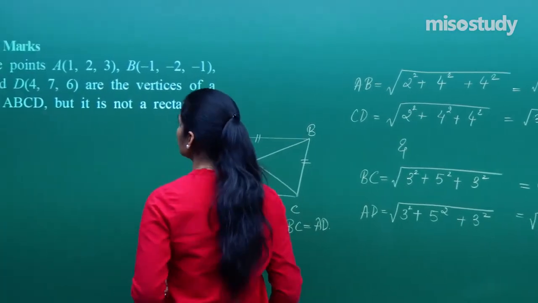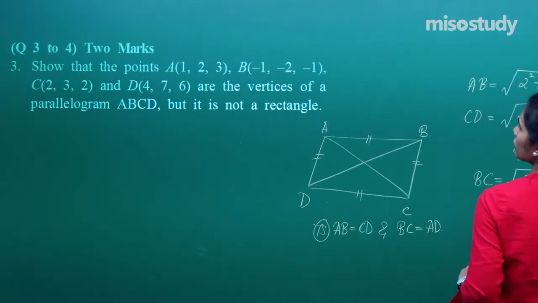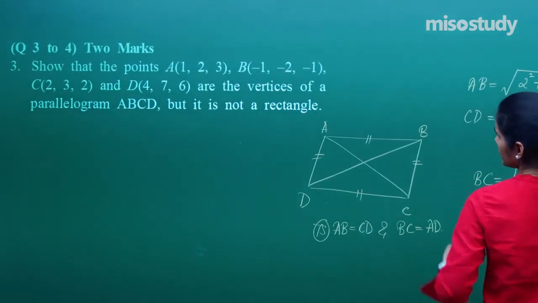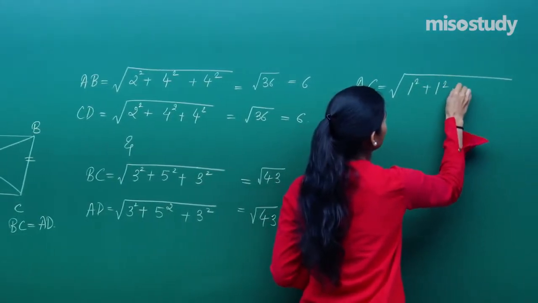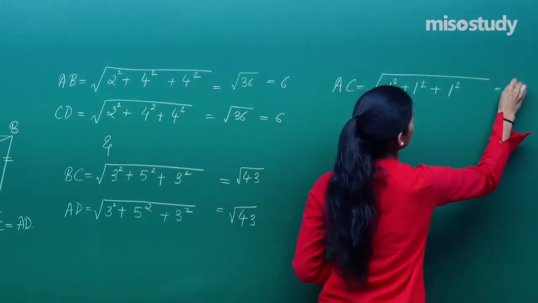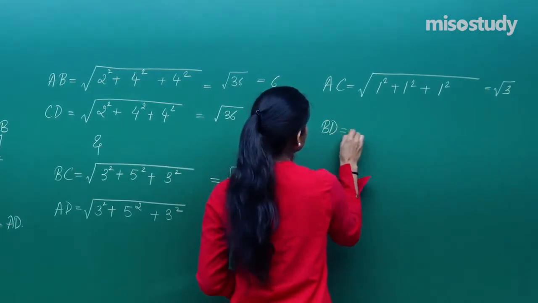A and C, it is 2 minus 1 whole square, that is 1 square, plus 3 minus 2 whole square, which is 1 square, plus 2 minus 3 whole square, which is minus 1 square. So it is 1 square plus 1 square plus minus 1 square, which is the same as 1 square. So this is root 3. And if I calculate BD,